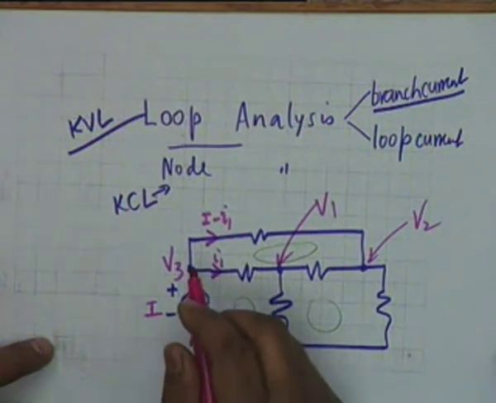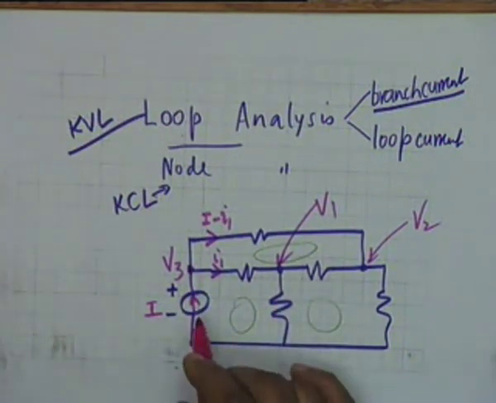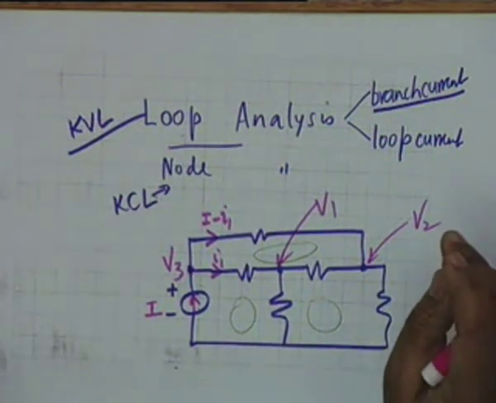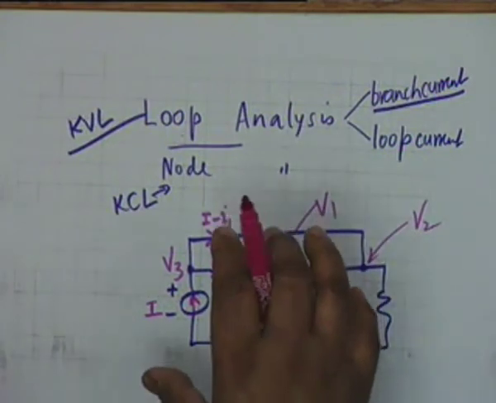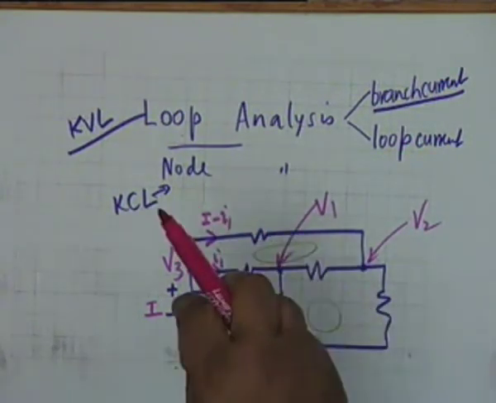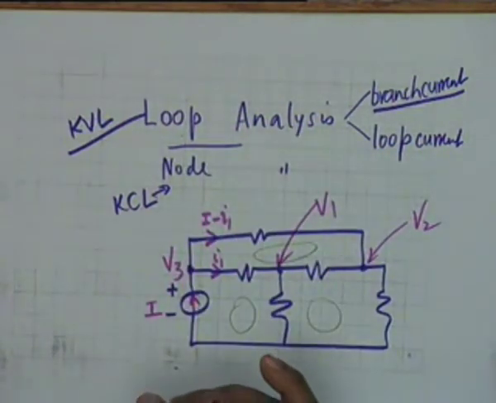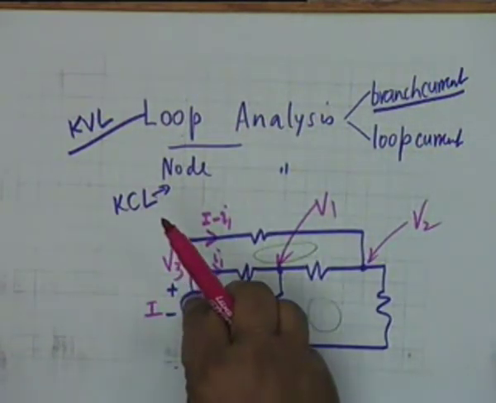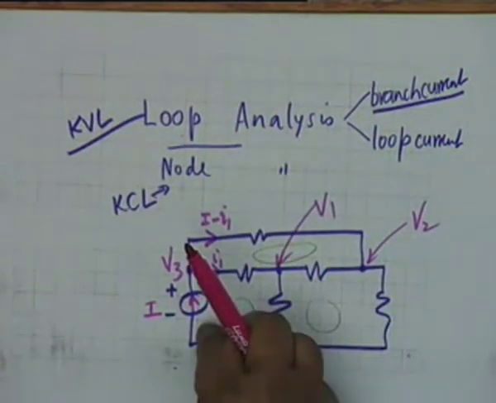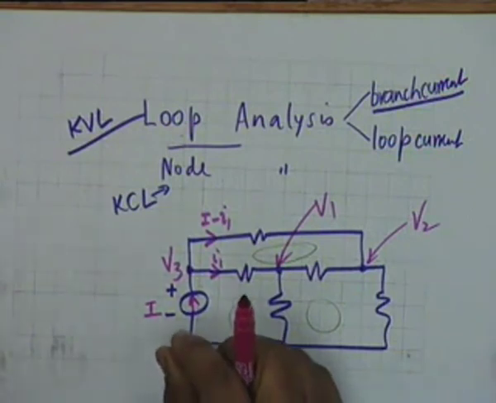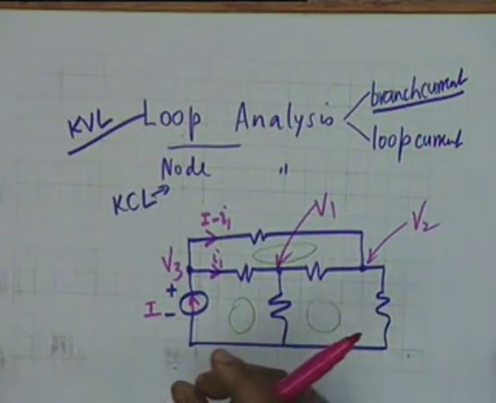And in that situation, if you have a current source here instead of a voltage source, which method shall you prefer? Obviously loop analysis. This problem clearly illustrates that depending on the source, this is why I did not specify the source to start with, depending on the source and the architecture of the network, one of the 2 methods shall be preferable, either the loop analysis or node analysis.